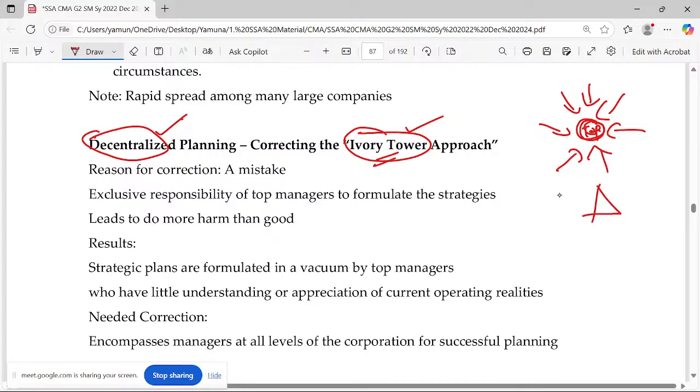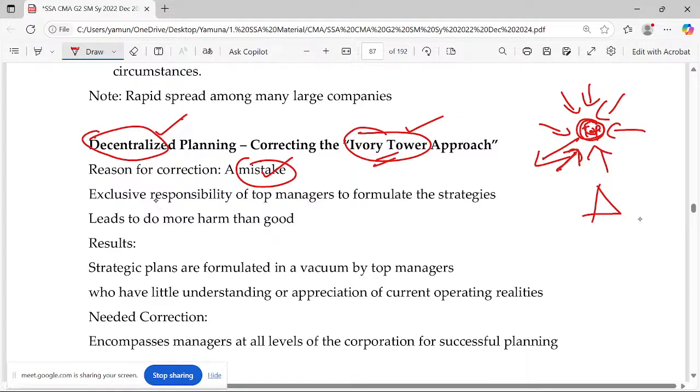If there is a mistake happening, we have to get a reversal. If you go only for a top-down approach, the top one says and the lower level answers. No, it should not be that situation. It should be top-down and bottom-up. Communication should be in both directions so that if any mistake is there, it gets corrected.